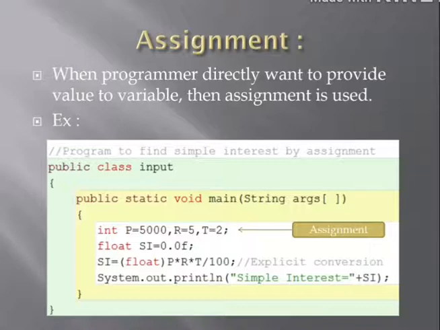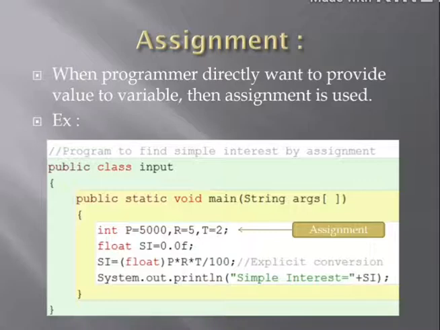You know the basic format of writing a program: first of all we have to write public class and the class name. I told you earlier about all these things. And then what do we have to write? Inside a class, we have to create a function, that is the main function.